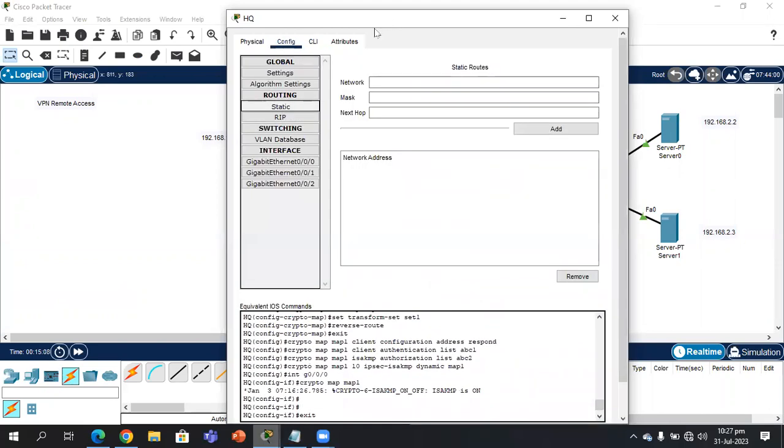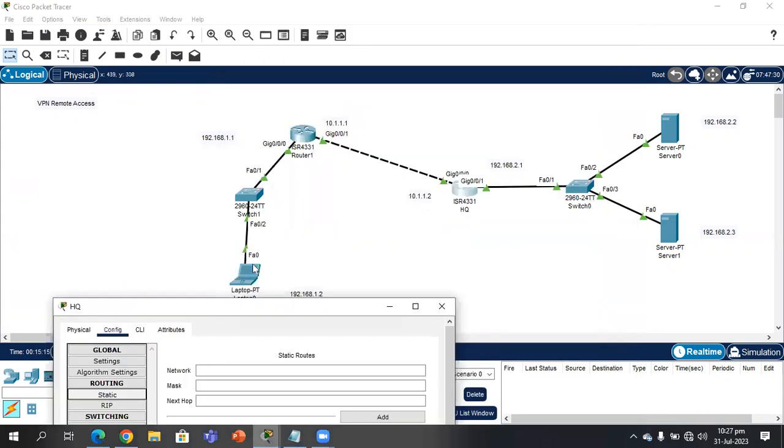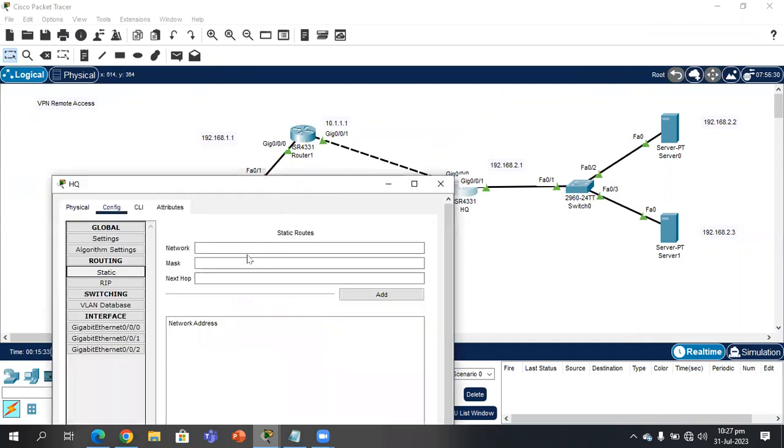And now, for example, let me explain the concept of this. The traffic, the data from this laptop will be forwarded from this router 1, and then it will be forwarded to the headquarter router, and then it will enter into the network. So what you have to do is, where your data packet is going, you need to give the address of that network. So in that case, the network ID for this office network is going to be